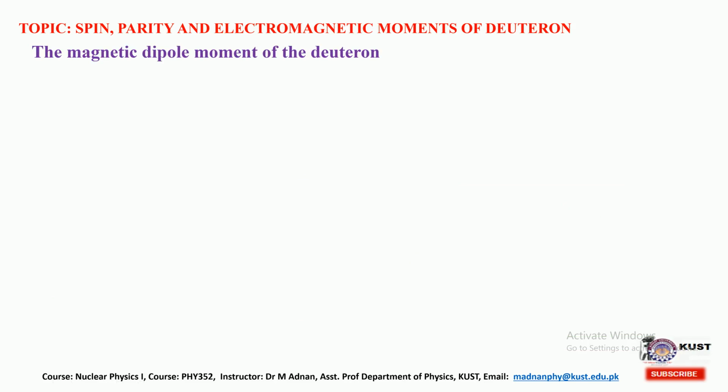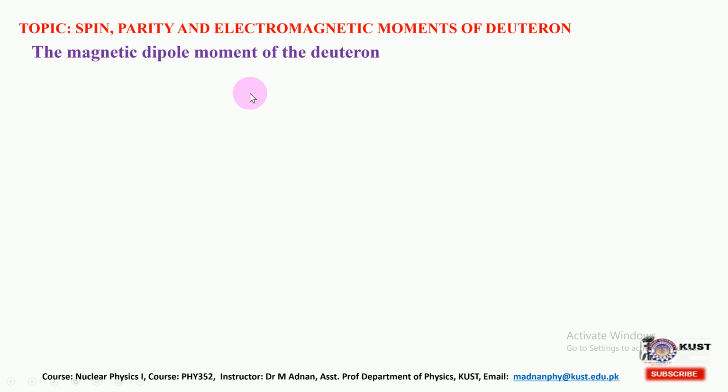Now, once we have concluded the two aspects, the spin and parity and the total angular momentum, since in the last few lectures we have discussed these aspects regarding the nucleus, so now we are discussing the deuteron, and generally we have discussed the magnetic dipole moment of any nucleus. So now the nucleus is the deuteron, which is the simplest